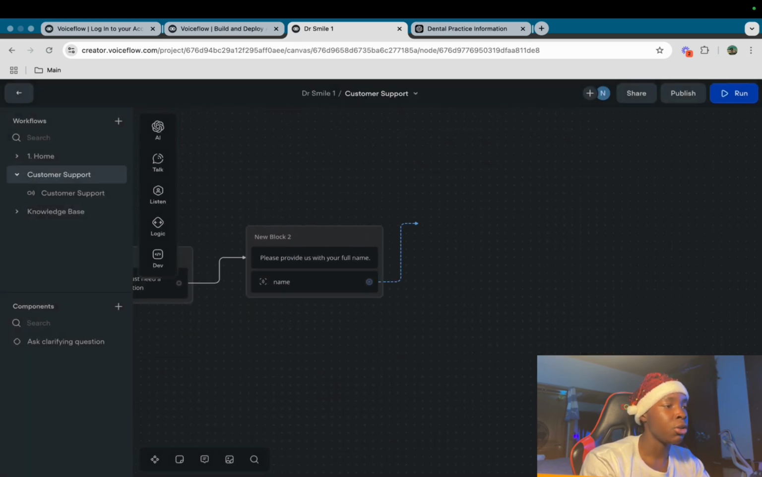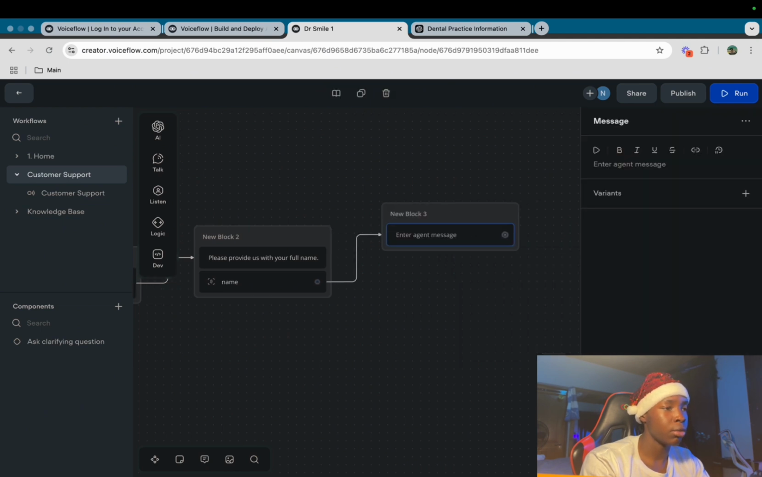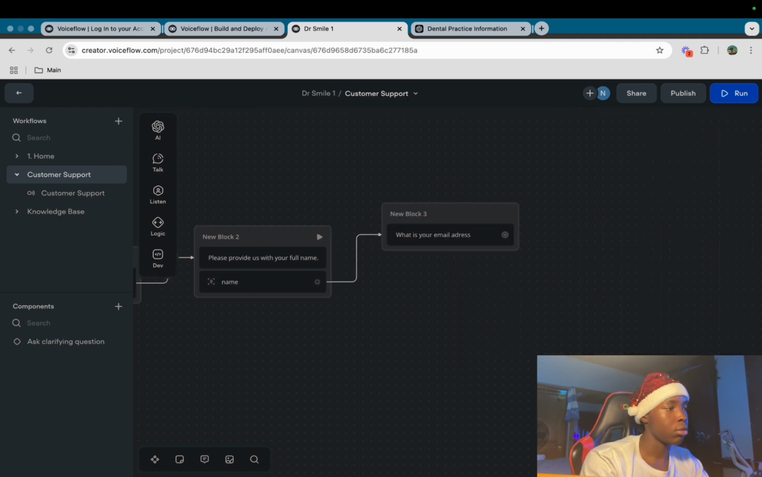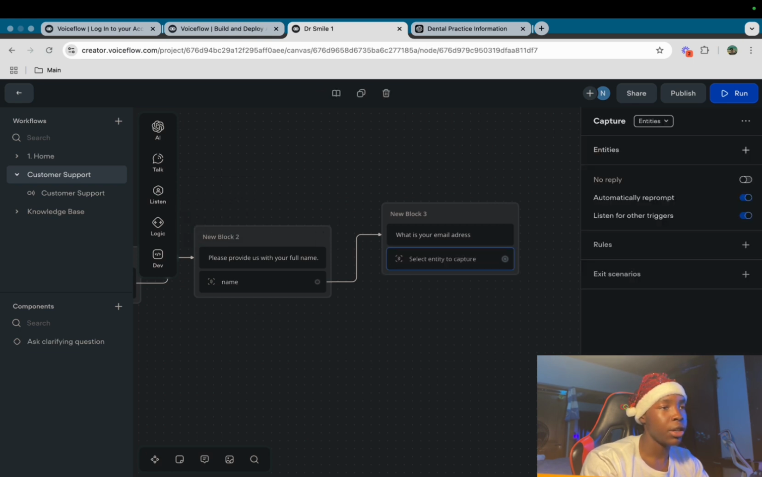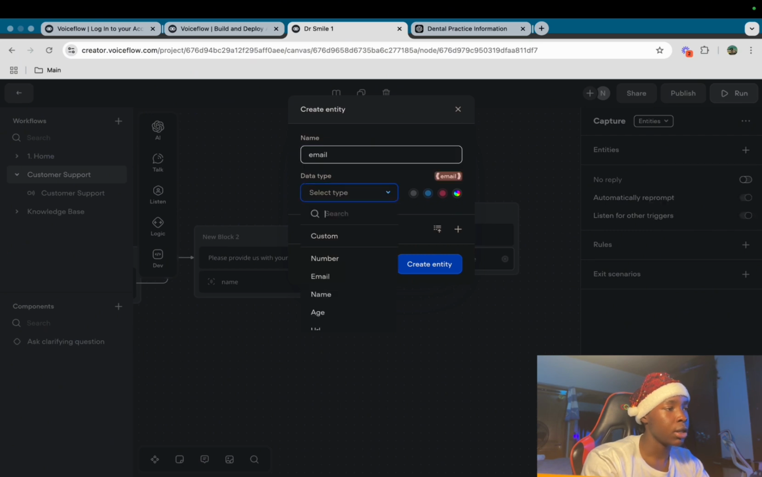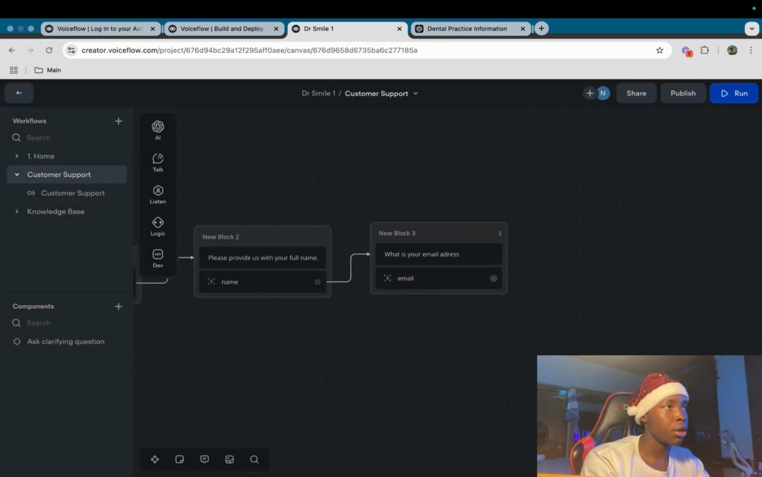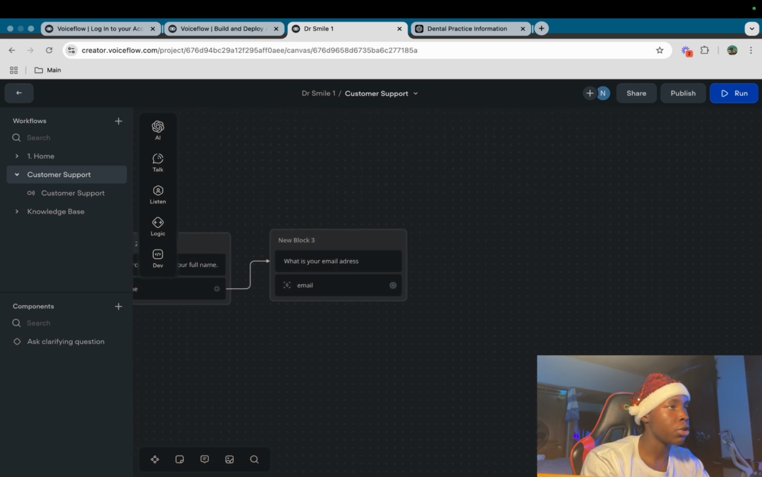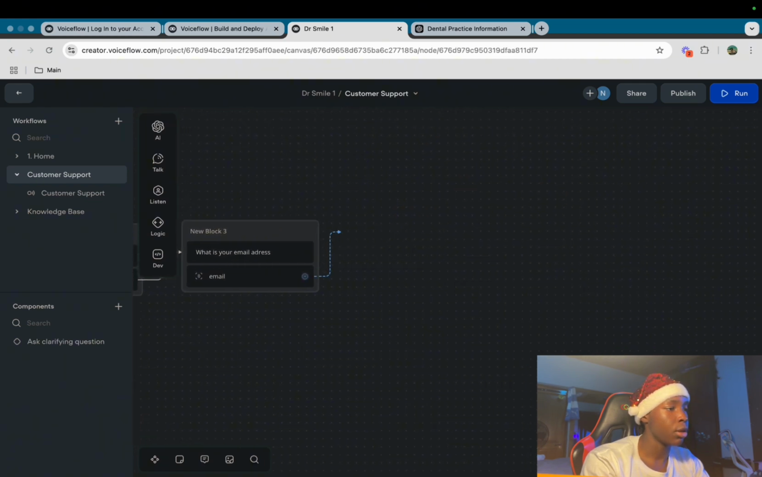And the next thing that we need to do is we need to ask them for their email address. Same thing, capture, create a new entity. We've got email, select data type, and it's already their email, as you can see. And the third thing we need to do is describe the issue or query that they have. So click here,